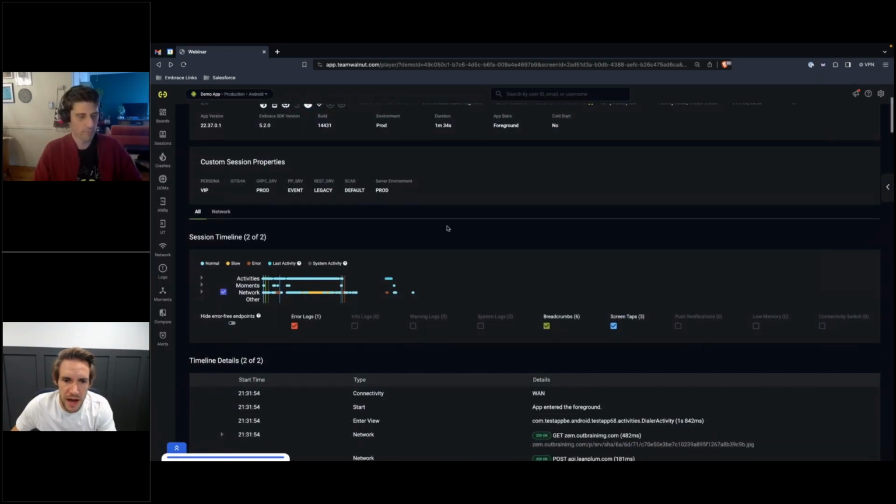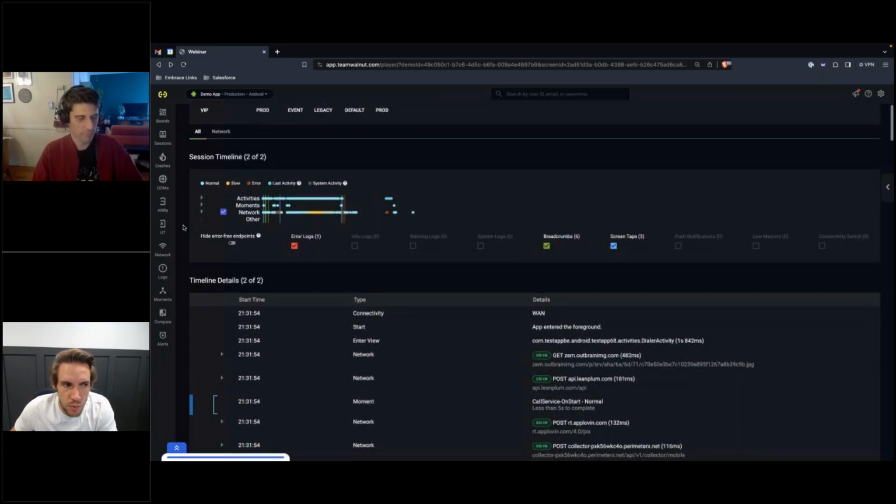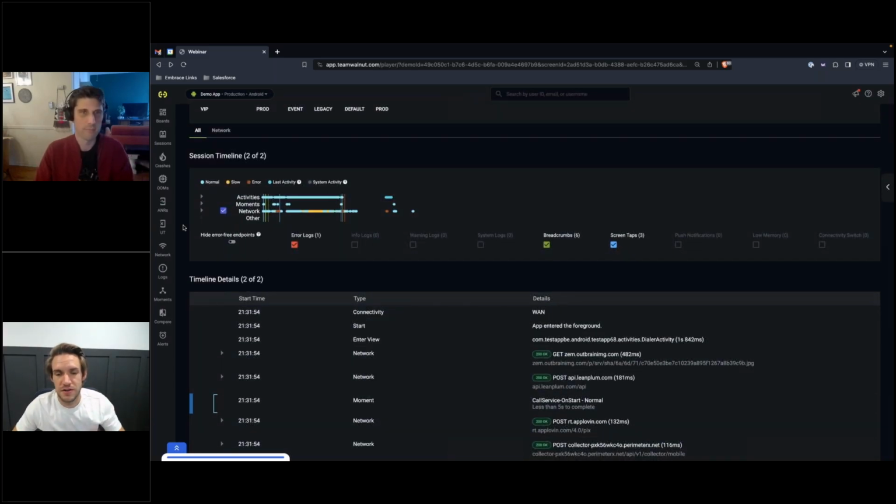So below that, we have the session timeline where we capture all the activities or the views the user's in. We have performance data. We call those moments. So we'll talk about that more shortly. But we also capture every single network call. So all your first party or your third party network calls, we'll highlight if they're slow. We'll see some slow network calls in just a minute. And then of course we can see where ANRs are occurring. What view are they in? If there's any low memory warnings or any crashes, we have, again, the context to know what was going on for that user before they experienced that part of the experience.